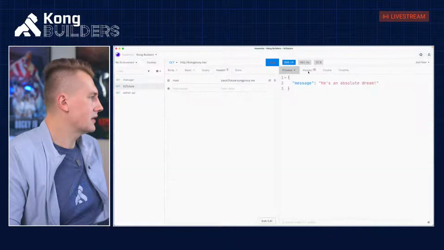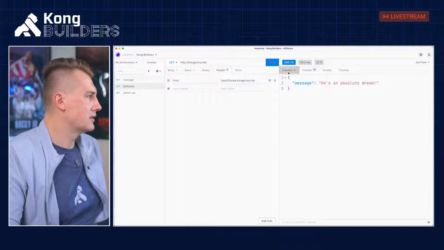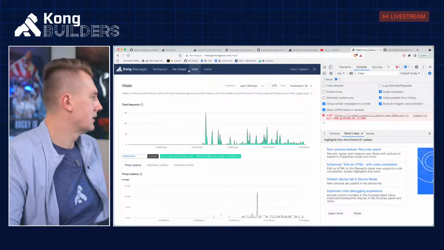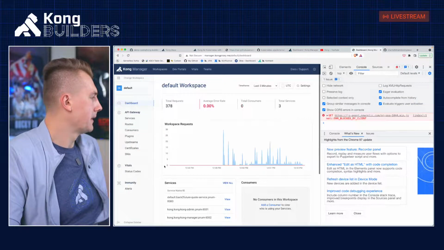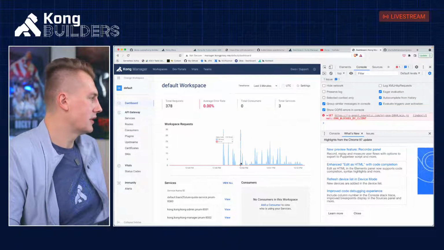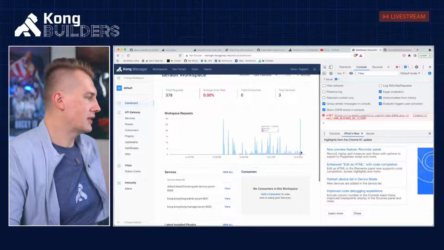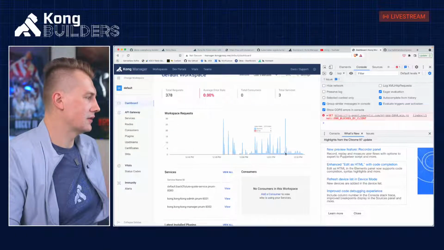Are we hitting this? It's still on? Yeah, it's still on. It still works. It's still getting requests. Let's do workspace. See the number of requests. That's what I wanted to see. So that's the number of requests that happens. Like every second, we will have these requests.